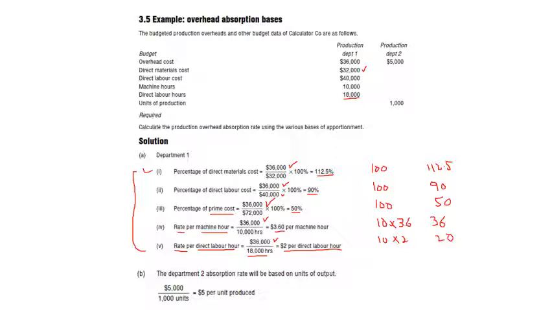On the basis of some information, we calculated the rate of your factory overheads. And in part B, we are only provided the number of units produced in department 2. So 5,000 was the budgeted FH that we estimated, and we divided it by the number of units produced. So $5 per unit produced is your FH, and if we add direct material cost plus direct labor cost, we will get the per unit cost.